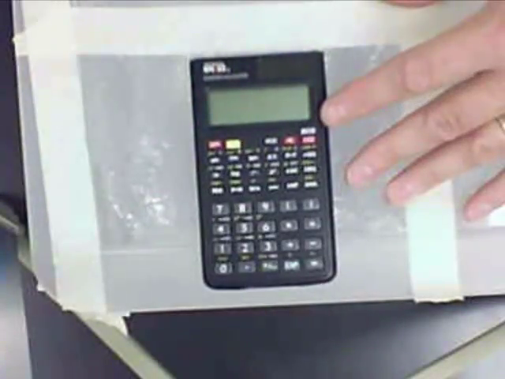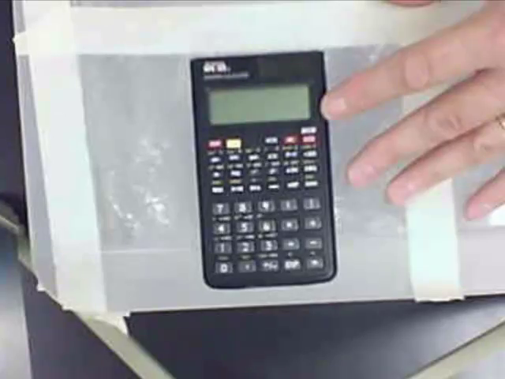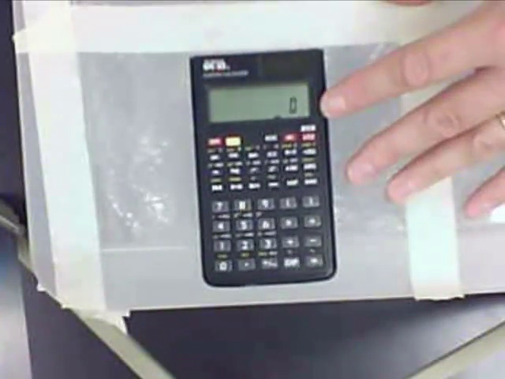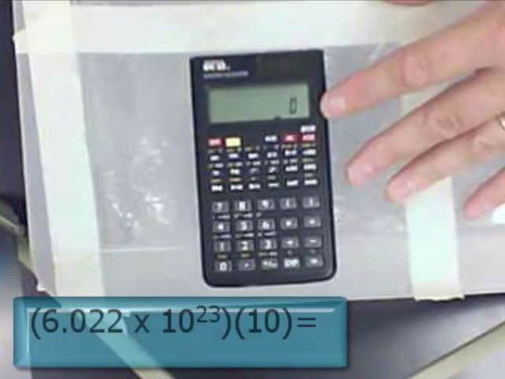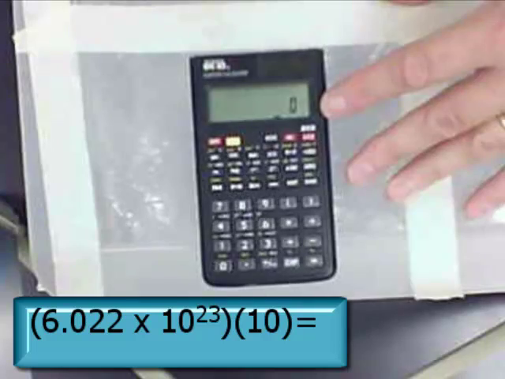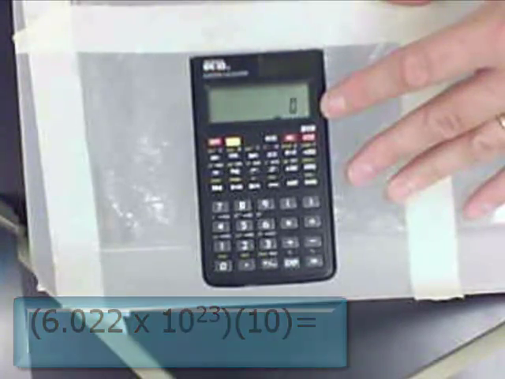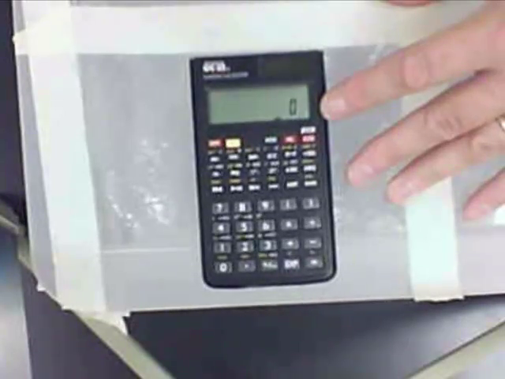Here's another type of scientific calculator. If you don't have a graphing calculator, your keyboard and screen may look a little bit like this one. I'll turn it on. I'm going to do the same problem to illustrate how this is done. Again, the problem is 6.022 times 10 to the 23rd times 10. Again, I start out by keying in my mantissa as if it were just an ordinary number,